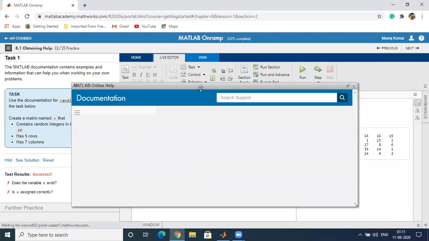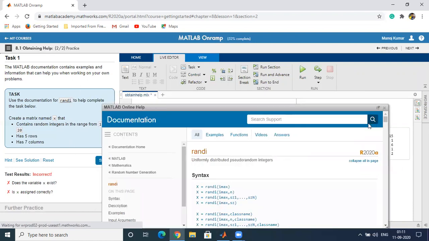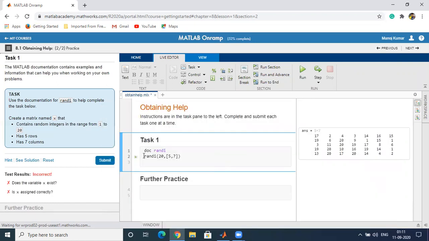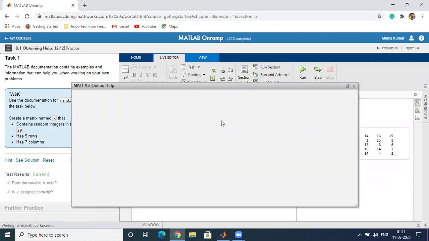What happened? Oh, the matrix is named X. We have to store it into X. Let's store it into X equal to. Now we will click. Now you can see